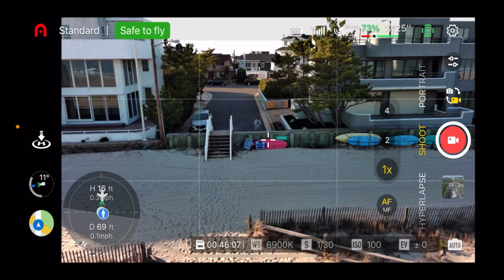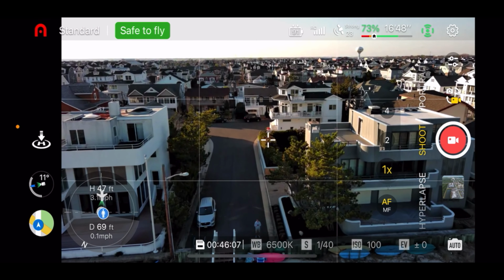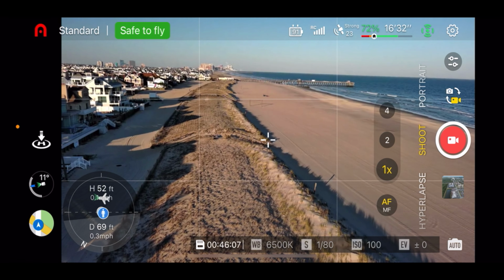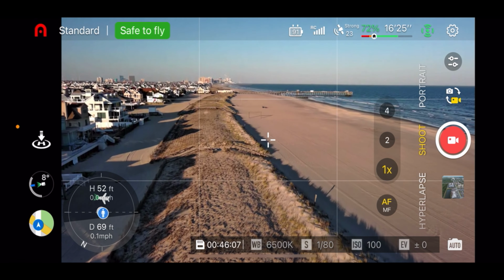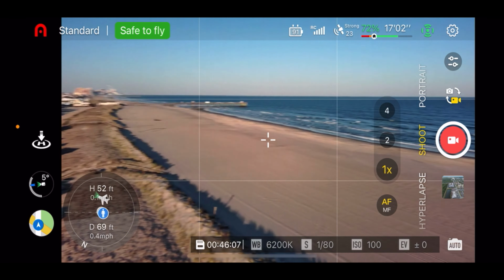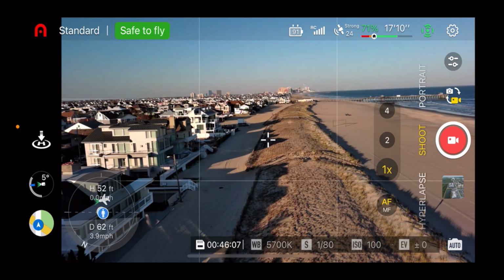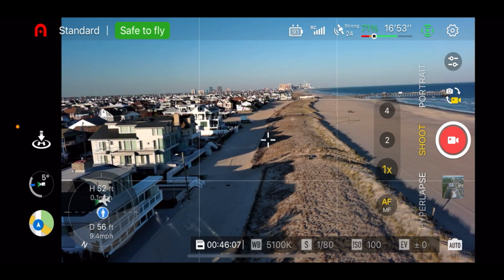Okay, let's go up and up, and let's yaw it around a bit. The yaw seems to be good. We're flying in the standard flight mode here as opposed to smooth or ludicrous, so we've got the fast yaw, but we can tune that down later. I'm just making sure all the basic functions are working. Let's go side to side. Seems to be working good. We went left, right,